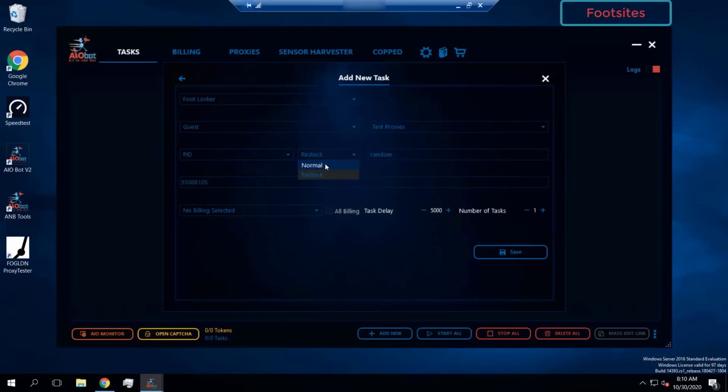Now, one thing that you need to know about the normal and restock mode is that when you select normal mode, whatever delay you select here, it's not going to apply to your task, right? The delay is a delay that has been selected by the developers, and that's going to be what the delay is going to be used for the normal tasks. But for restock task, it will actually take your task delay into consideration. So if you put 5,000 over here, the bot will take 5 seconds before it actually refreshes again or